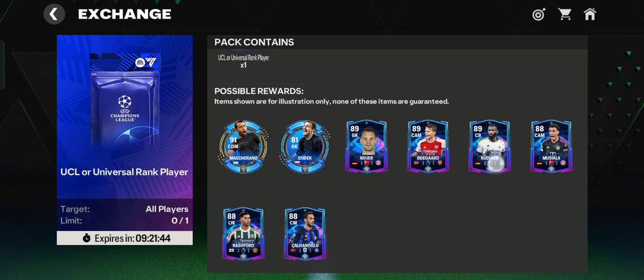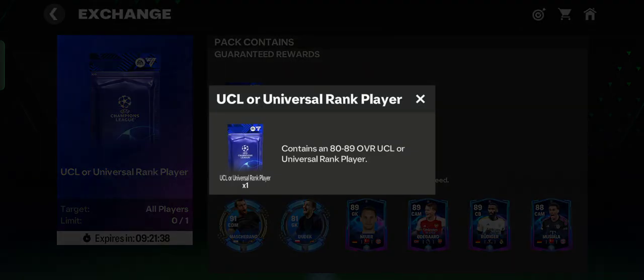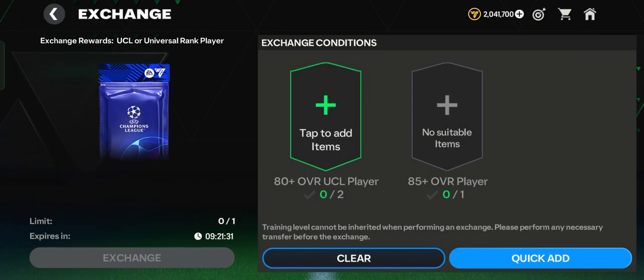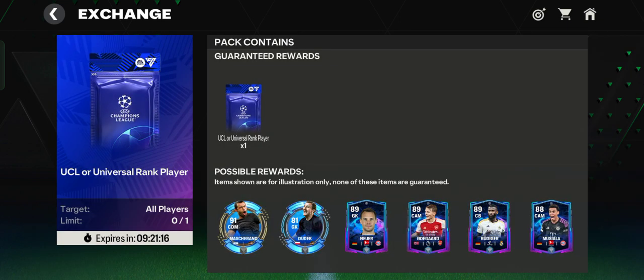And if you're not lucky, you are still guaranteed a reward UCL or universal rank player by one. This is a guarantee for you with exchange condition: 80 plus OVR UCL player, 2 players, and 85 OVR player by one in all positions. So if you need this UCL or universal rank player,